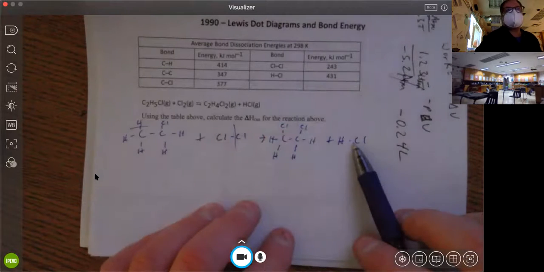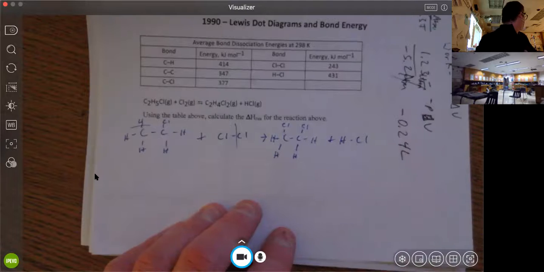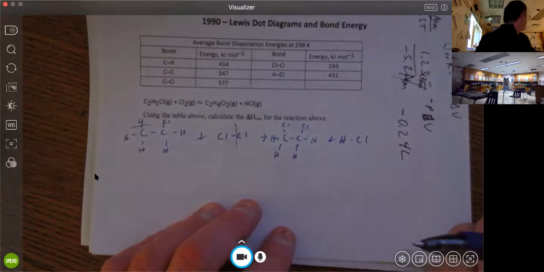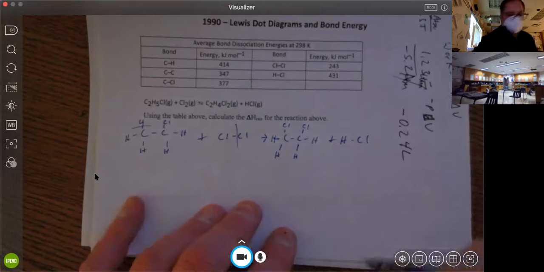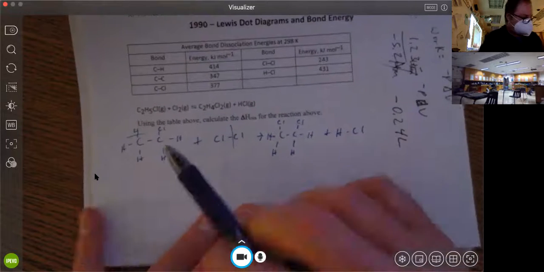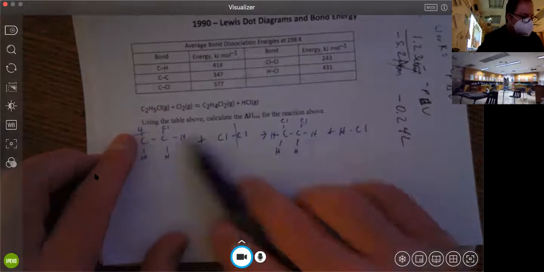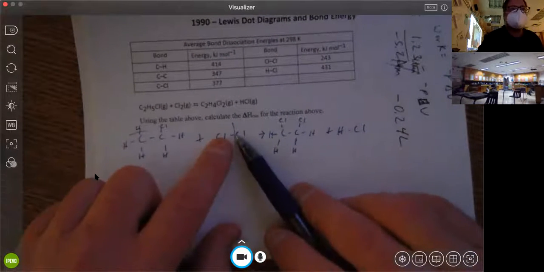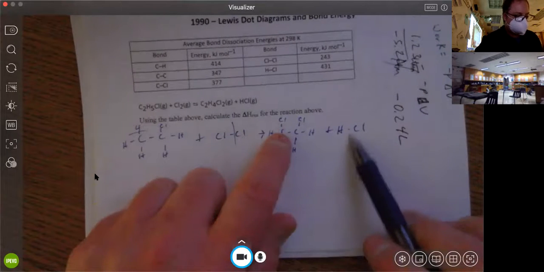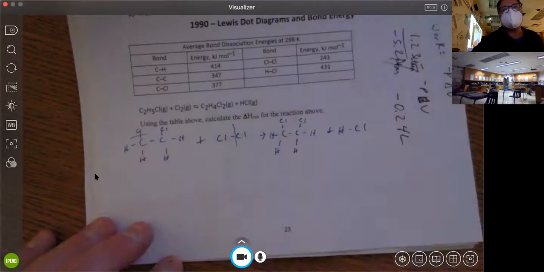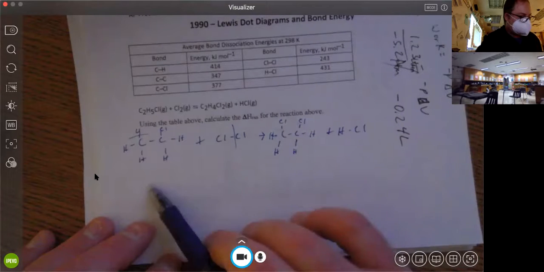If you can see what has actually occurred in the reaction, you don't have to sit there and break all the bonds and reform all the bonds. Does that make sense? Yeah. Does that make sense at home? Since this is the only bond being broken here and the only bond being broken here, if we add those up and then we subtract the energy released from the reformation of these bonds, we can actually do this problem